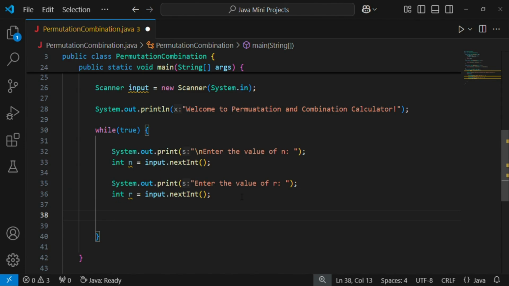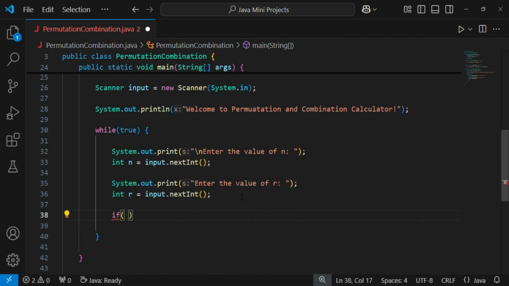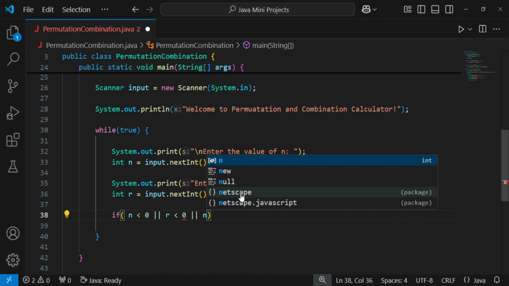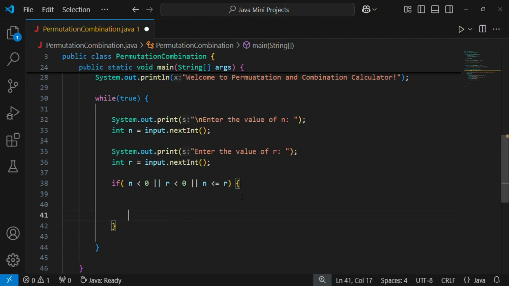While true, this should display this for the user. Okay, and then it should also check for a condition. So we'll now say if n is less than 0, or r is less than 0, or n is less than or equal to r. If any of these conditions is met, then it should display this message: